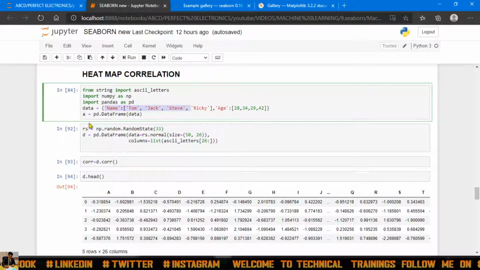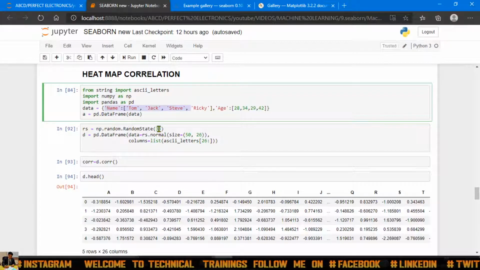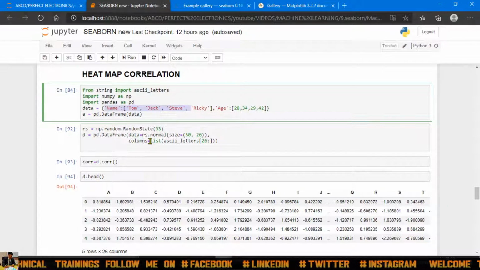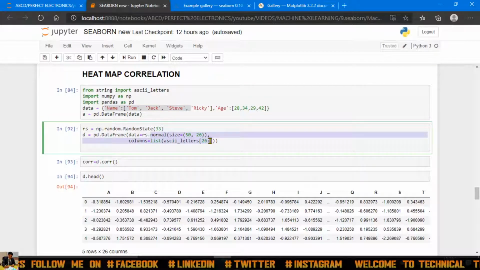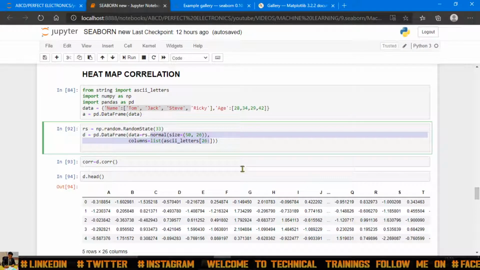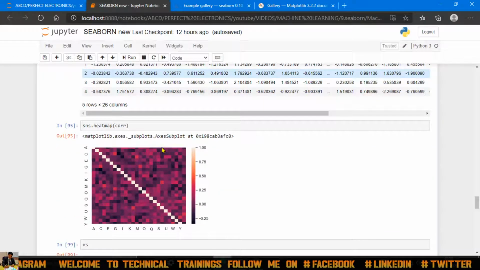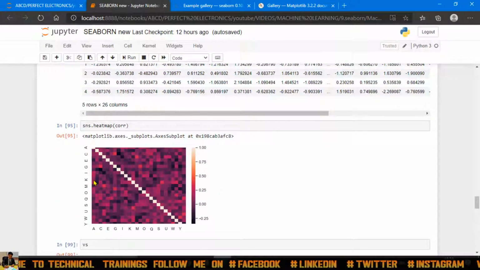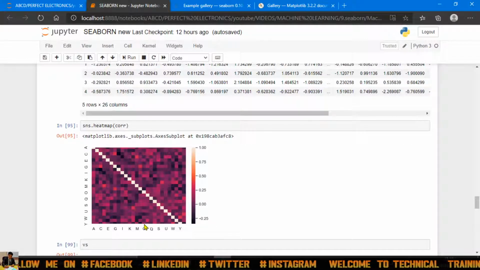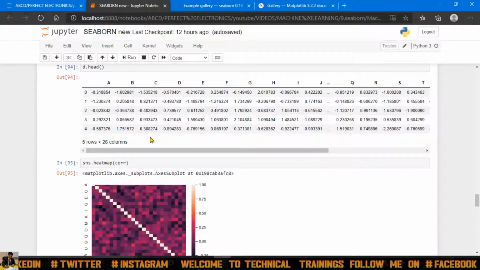I'm reading the data in A, rs equal to np.random.RandomState(33), d equals pd.DataFrame. Now I just created the normal ASCII values over here. These are my ASCII values, and after that I am going to plot the relation between this A and this thing. What is the relation between this M, and you can say M is getting related over here, so this is highly correlated. So we are going to check over here whether both things are the same or not.